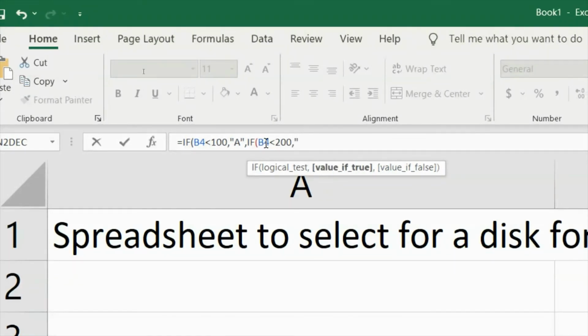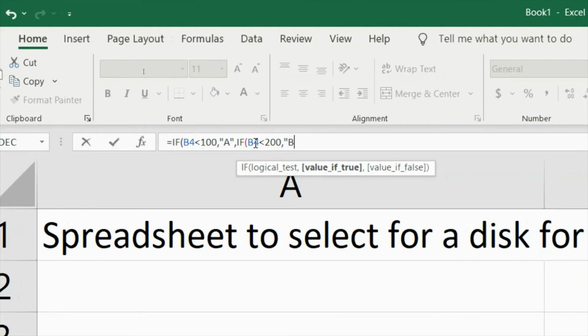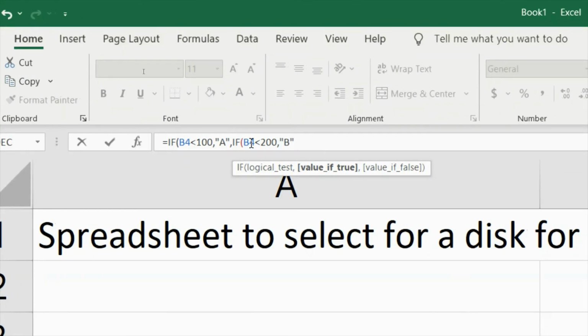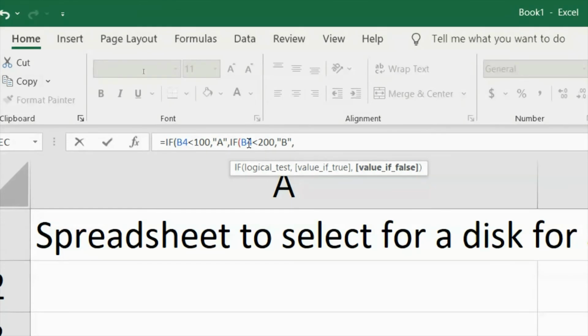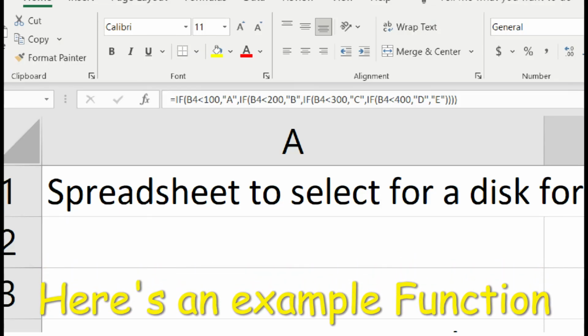This time I will add less than 200, comma, then display B, then comma. Continue until you have completed your conditions. Don't forget to add close parenthesis based on the number of times you have used the open parenthesis. Here,